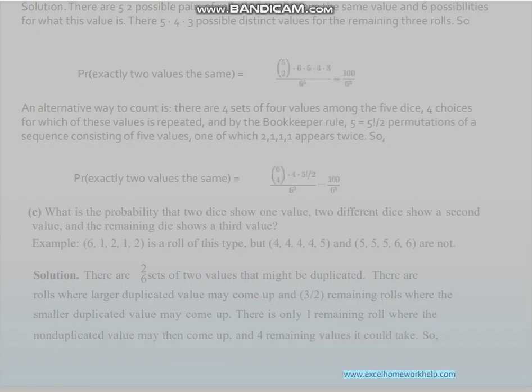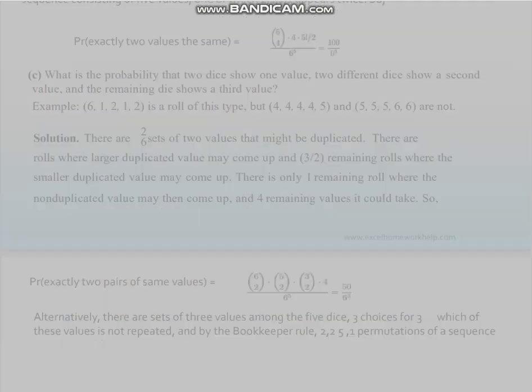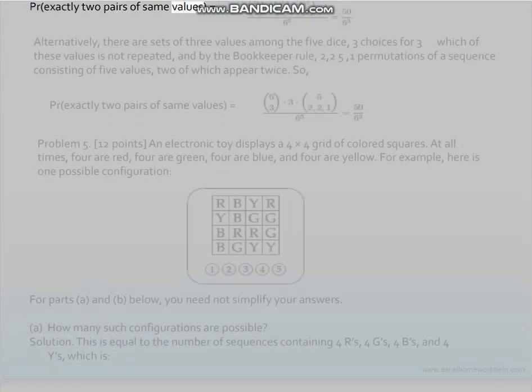So, Pr[exactly 2 pairs of same values] equals the count divided by 6^5. Alternatively, there are (6 choose 3) sets of 3 values among the 5 dice, 3 choices for which of these values is not repeated, and by the bookkeeper rule,